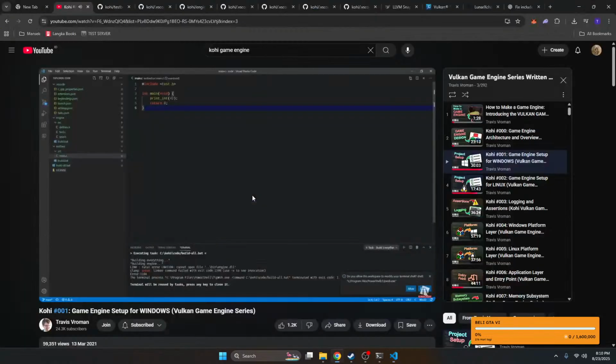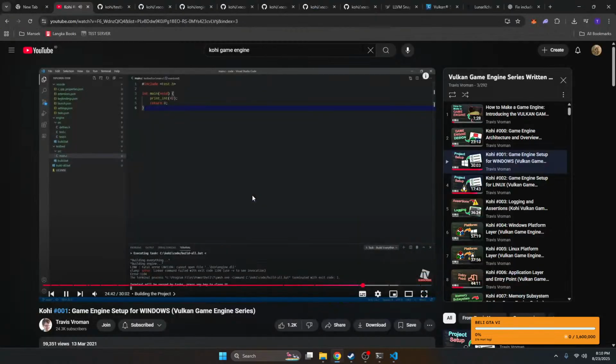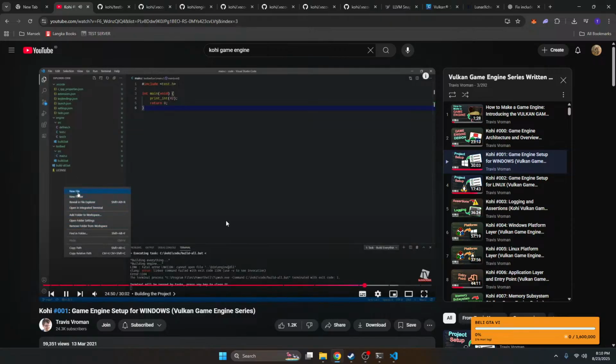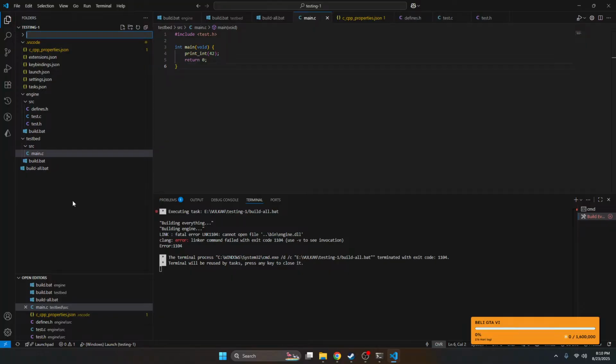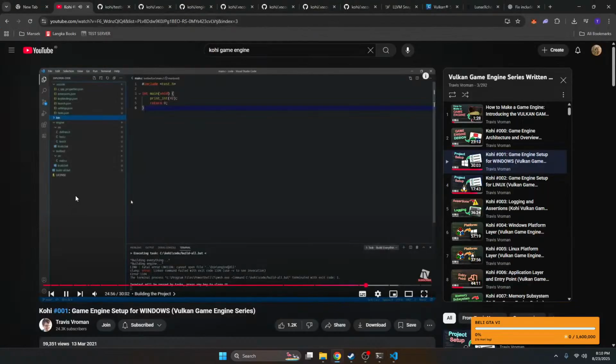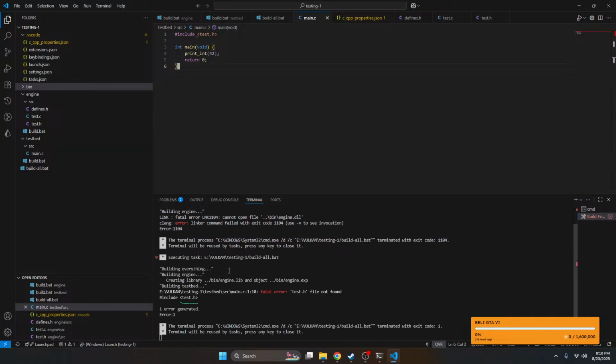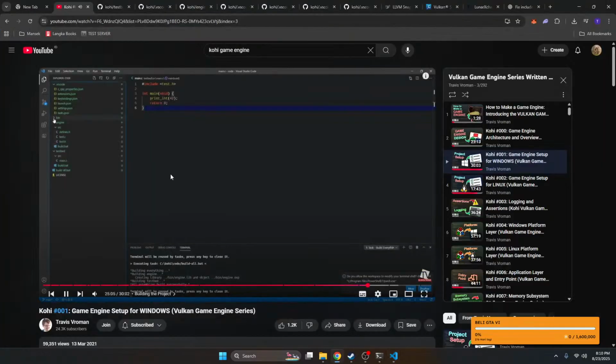And it looks like it's saying it cannot open file bin engine DLL, and the reason is because we don't actually have a bin folder, so we'll need to create that. So in the base folder here, we'll say new folder, bin, and then Control-Shift-B again. Okay, and it built successfully. So if we expand this bin folder,